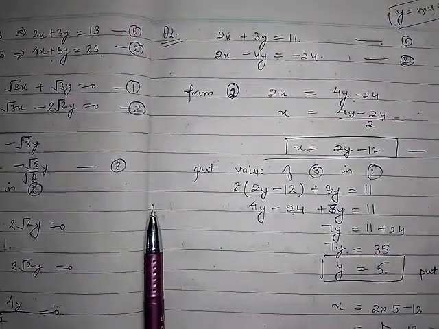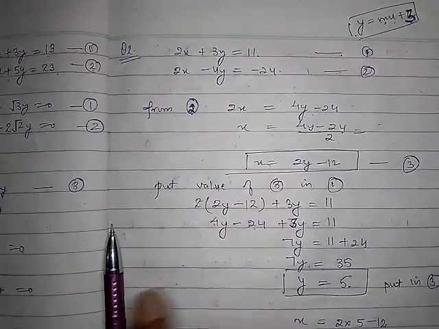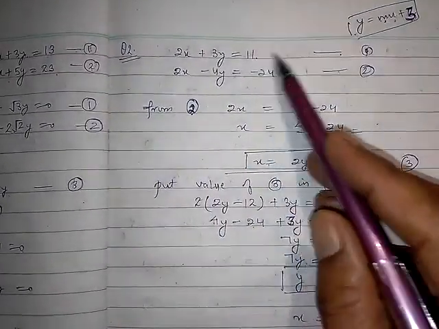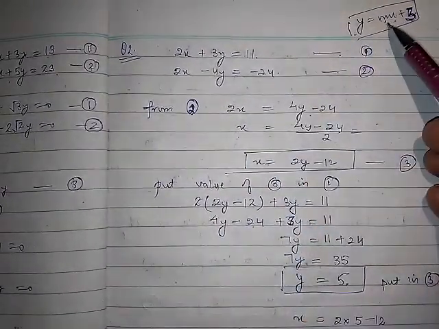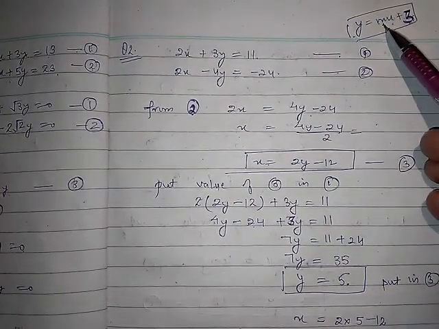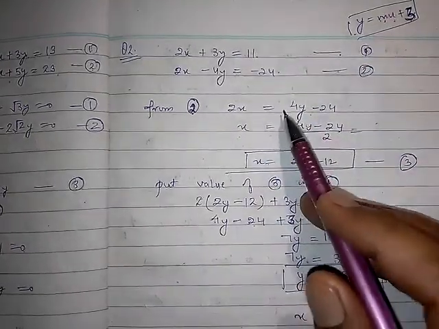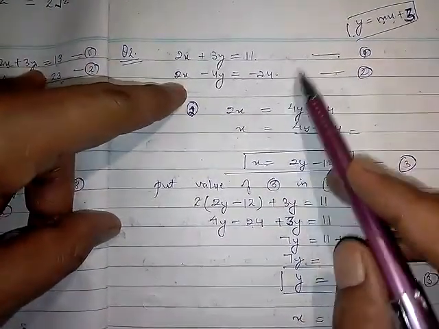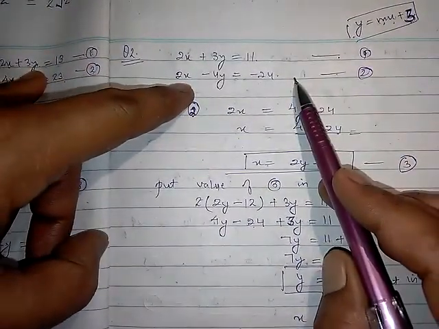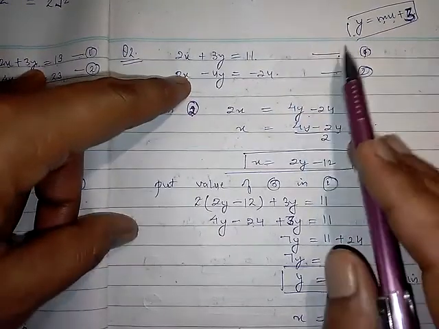Now come to your question number 2, that is also the same. So you are given the two equations. They are saying solve these two equations and hence find the value of m from the given relation. y is equal to mx plus 3 is given to you. This is also an important question. So what do you need to do? First of all, you will solve this equation with the same method, that is substitution. So it depends on you.